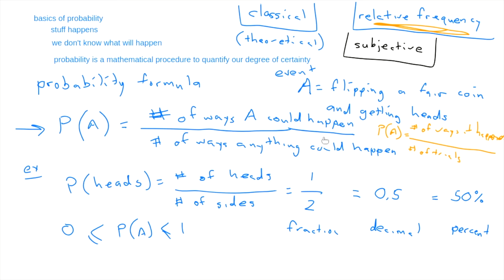There you go. It turns out that subjective probability is very, very, very important. It's very, very useful, and I'll tell you why later, but not right now. Is everybody happy with this? This is the simplest thing. This is the classical, the theoretical. This is my favorite because it's the easiest. All I have to do is think about the stuff. The relative frequency is more useful for many statisticians because this is the way we often do statistics. We conduct clinical trials, and so we don't flip coins 10 times.